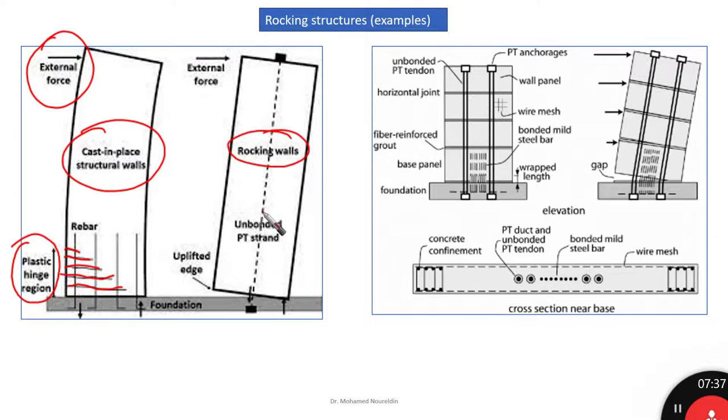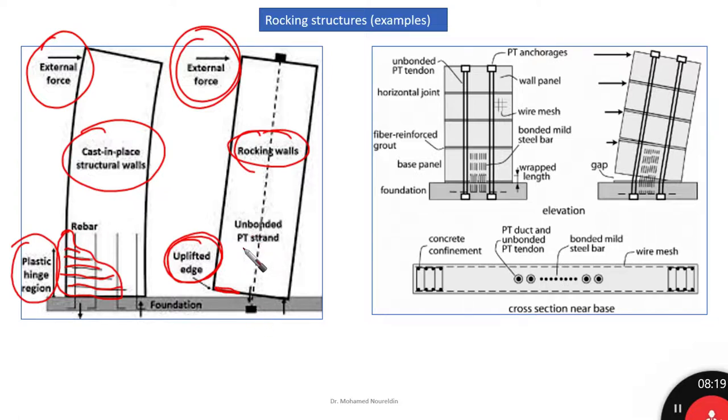However, if we replace the cast in place structure wall by a kind of rocking wall, we call it a rocking wall, and apply the same external force, we are going to find that this rocking wall is going to behave as if there is an overturning moment here. We call it rocking for this case. So at this edge, where we used to have plastic hinge formation in the cast in place structure wall, we are going to find an uplifted edge, we call it a gap here. So this gap is going to take place, and this rocking wall is going to be connected to the foundation